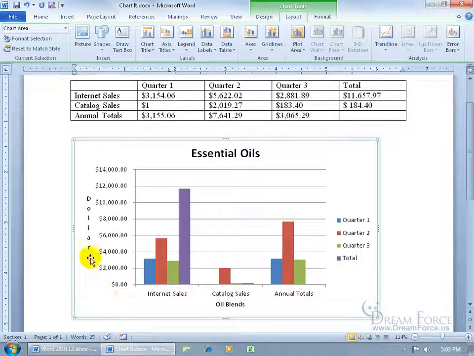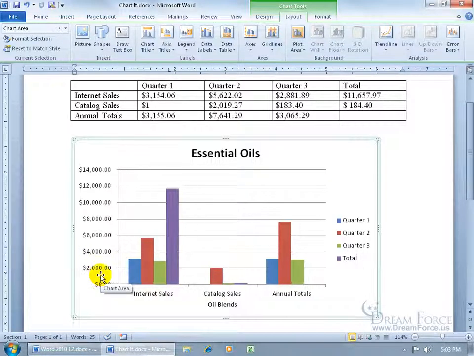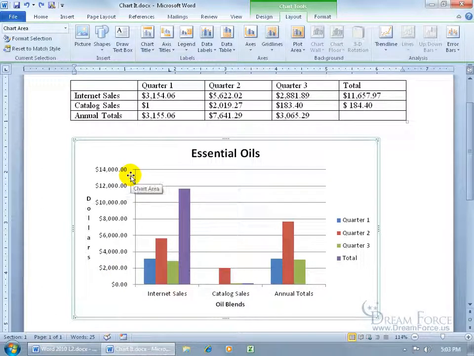To get rid of one, just go ahead and select it, hit the delete key, and it gets rid of it. I'm going to go ahead and hit undo. Let's see, what about shape effects? So let's say that I want some sort of glowing effect around my chart here. You can see the handles around the chart. So when I apply effect to it, it'll just be around the box here, not on the actual shapes here,